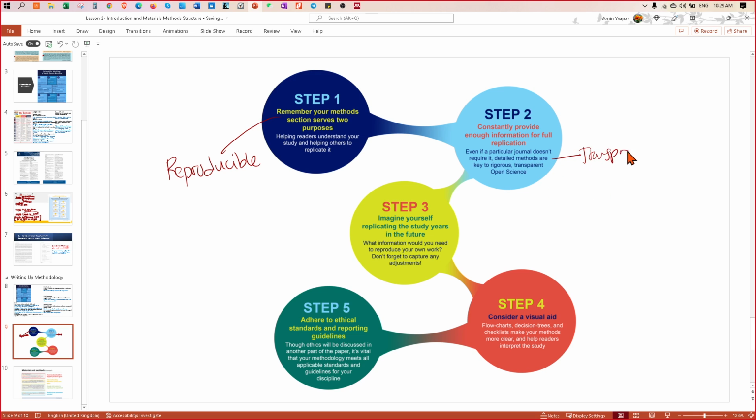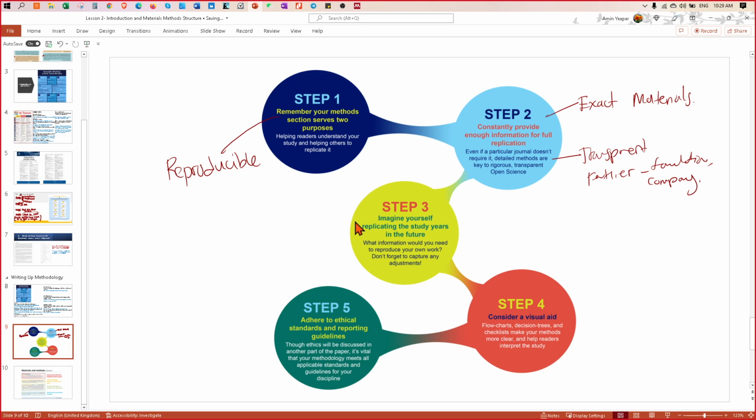You need to tell people if you use fertilizer, what's the formulation? Maybe you bought it from what company? Be transparent so that people know exactly how to replicate your experiment using the exact materials.